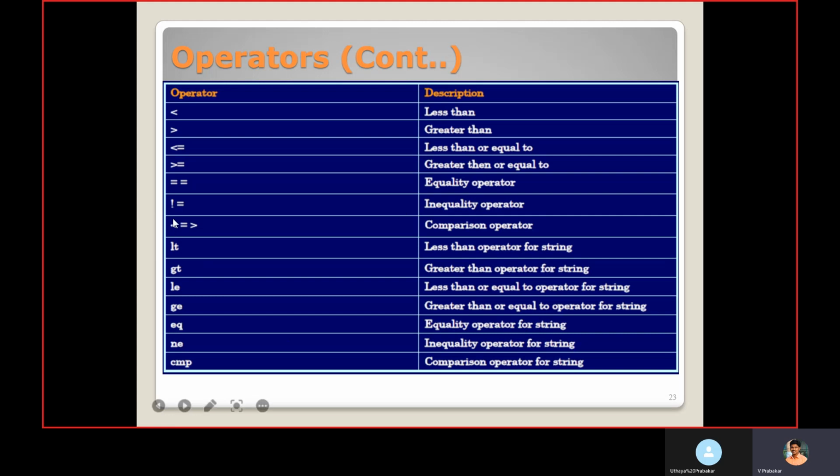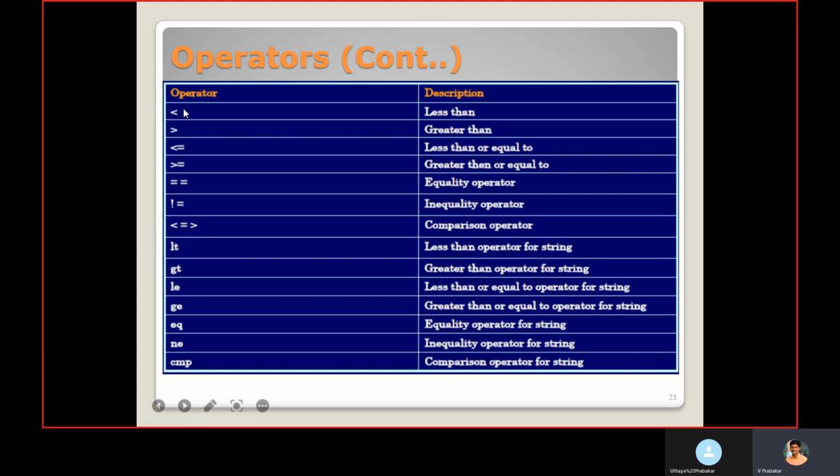If the left hand side variable is greater compared to the right hand side variable, it will give 1 as output. When both are the same, it will give 0 as output.